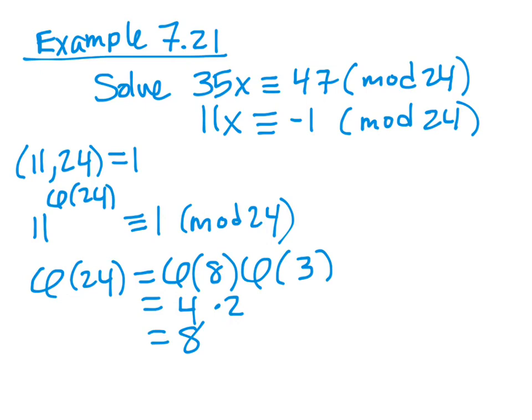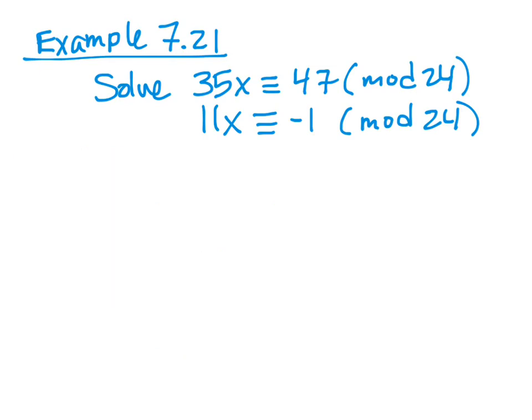Alright, and then from all of that, what I can gather is that phi of 24 is 8, and 11 to the 8th power is congruent to 1 mod 24. Alright, so right now we have 11 times x, just 11 to the 1st power, so the goal here would be to multiply so that that becomes 11 to the 8th power. So we multiply each side of the congruence by 11 to the 7th. And then on the left,